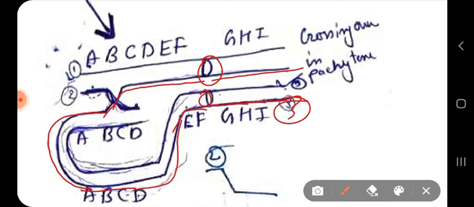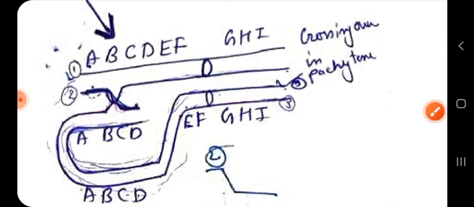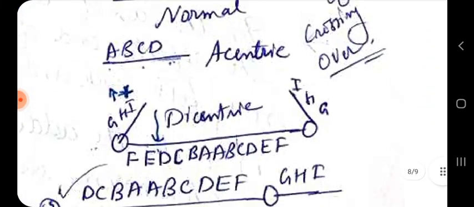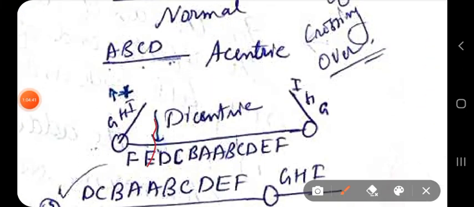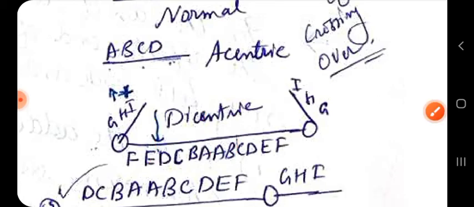And during anaphase, this dicentric bridge will obviously be ruptured, because the spindle fibers have to separate the chromosomes to the opposite poles to be equally distributed among the daughter cells, and the breakage can occur in any one place. For example, I have shown the breakage here between E and D. Breakage can occur here also, due to the force created by the spindle fiber action, and thus we get this.